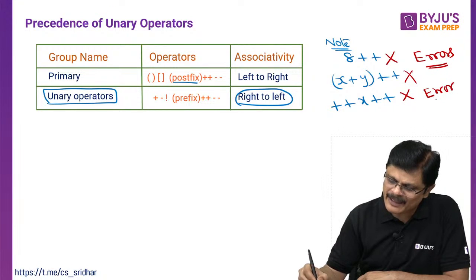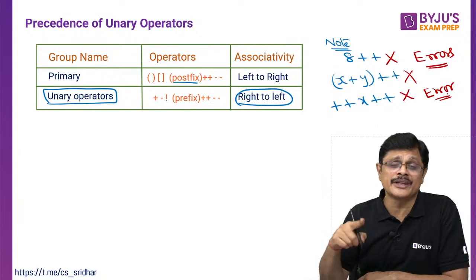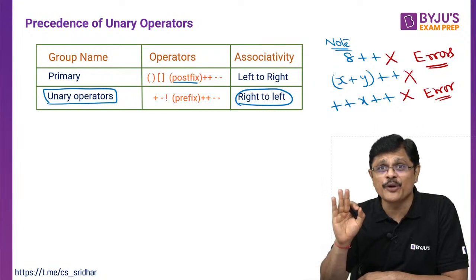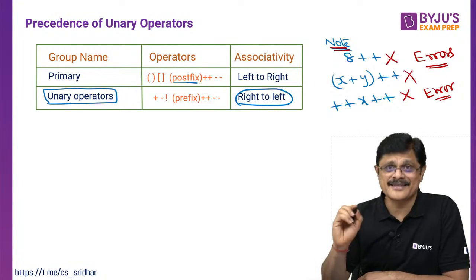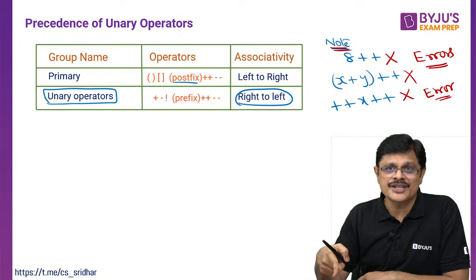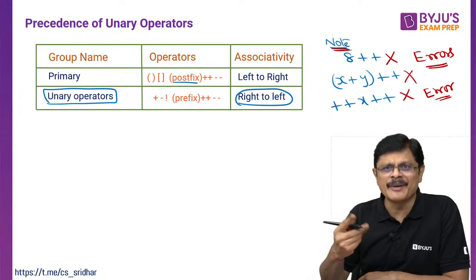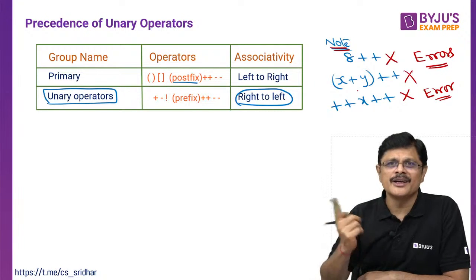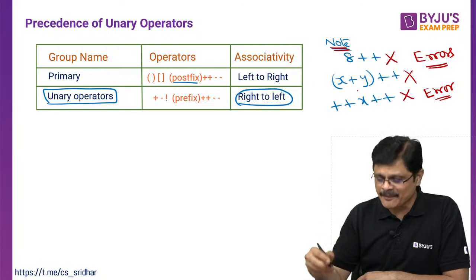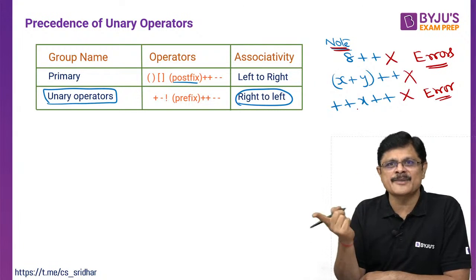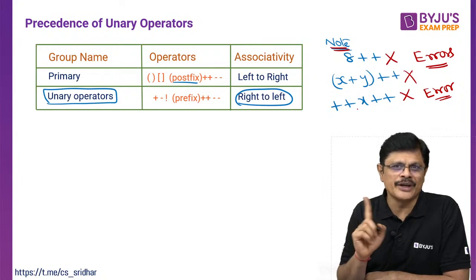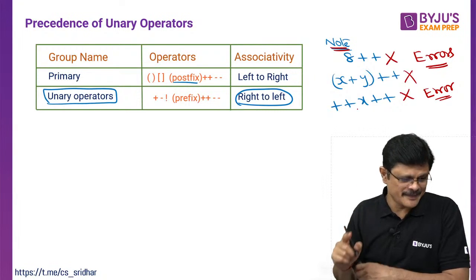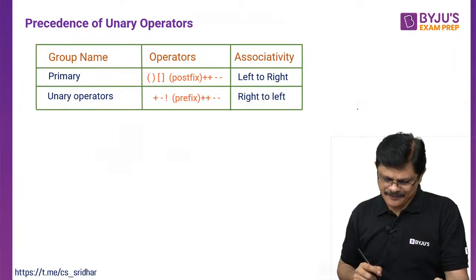So these three are the main errors which people generally try to make with increment and decrement operators. Please note the errors: you cannot update a constant with increment or decrement operators. Expressions you cannot update either. You cannot apply increment and decrement at a time. Even minus minus x plus plus, that kind of thing, don't do it. It gives you an error called L value required. Please be careful.